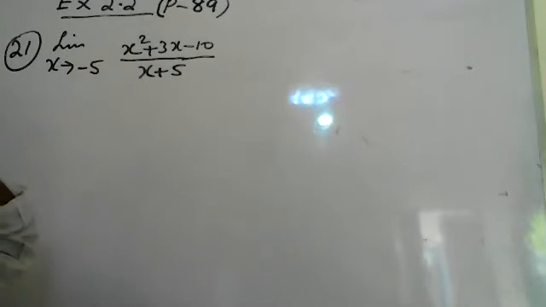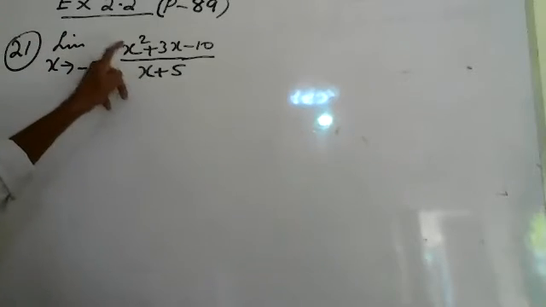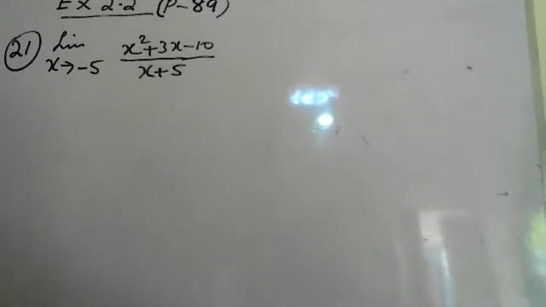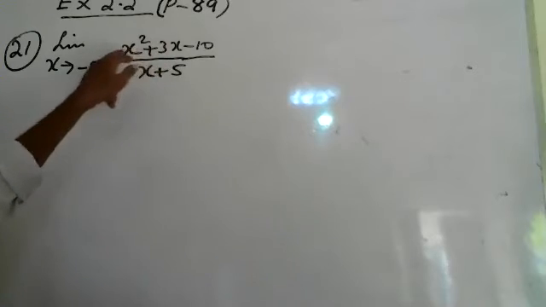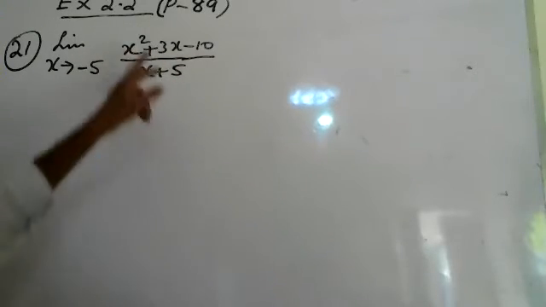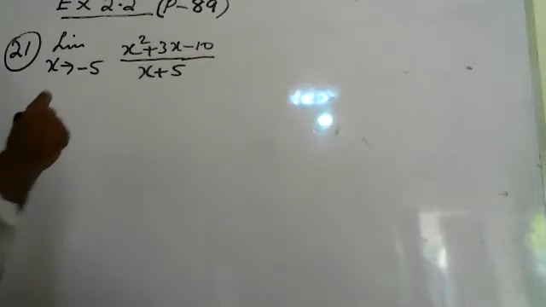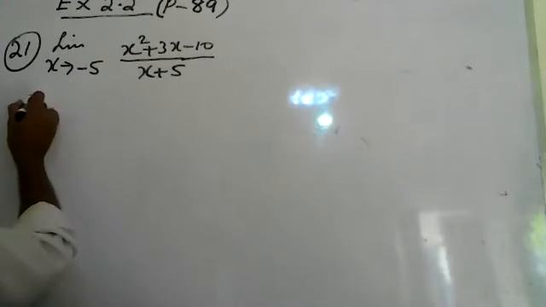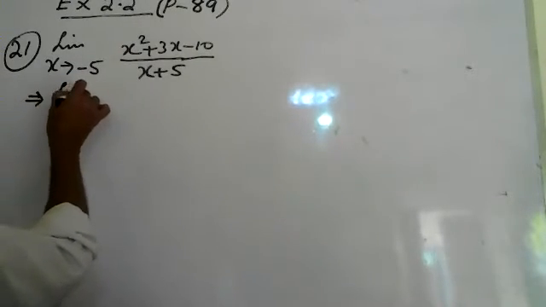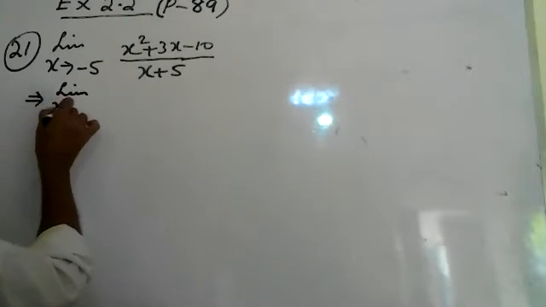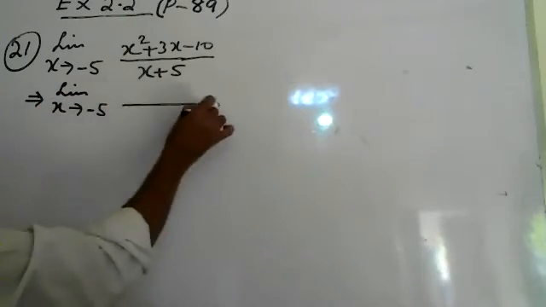So we will make the factors. The denominator cannot be factorized. The upper one can be factorized. This is a quadratic trinomial. It is quadratic and it is trinomial. So therefore, we may use the method of middle term break to make the factors. We will break the middle term to make it into factors. So until x is there, we have to write limit x tends to minus 5, middle term break.